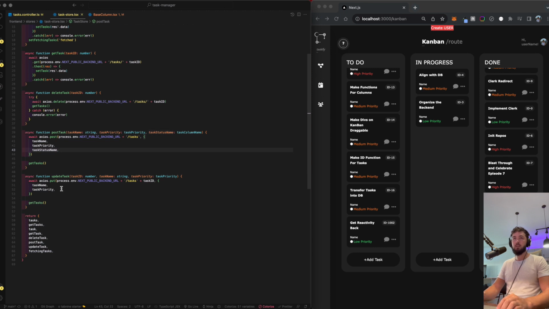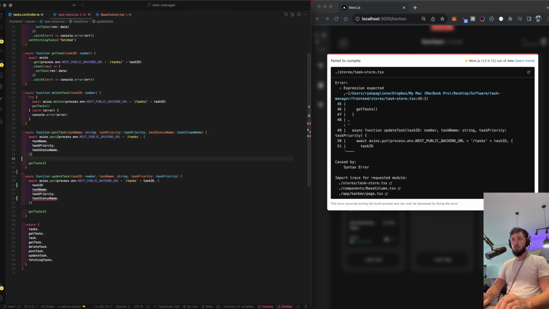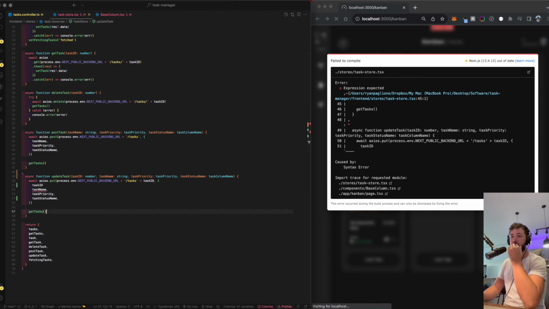Oh, and it looks like we do need to pass in the ID as well. Okay, so I'll pass that in. Task name and task column name is almost good enough for the history. I just want to be explicit on